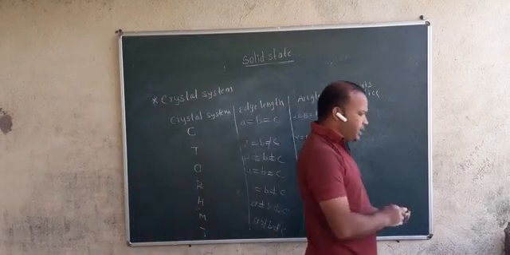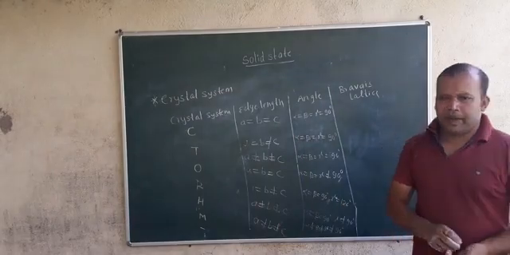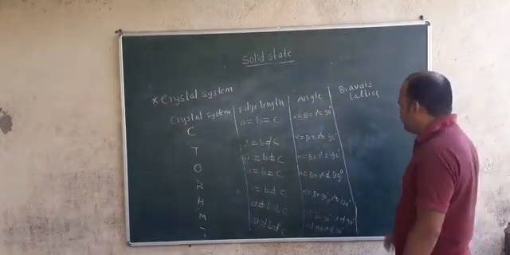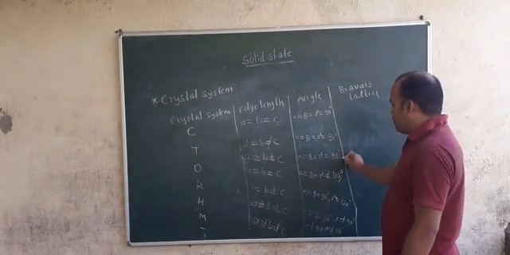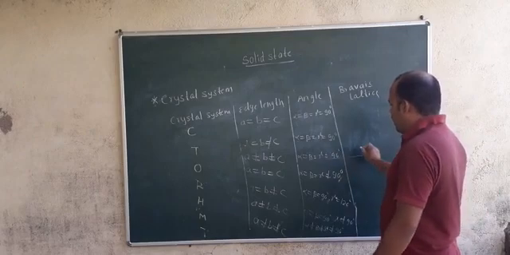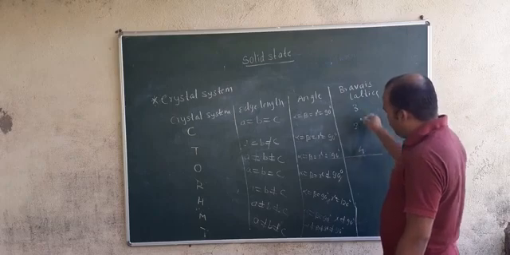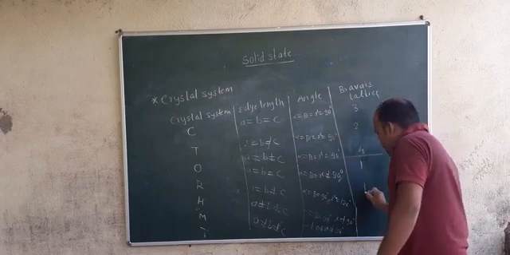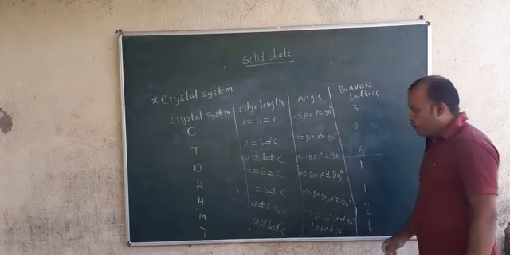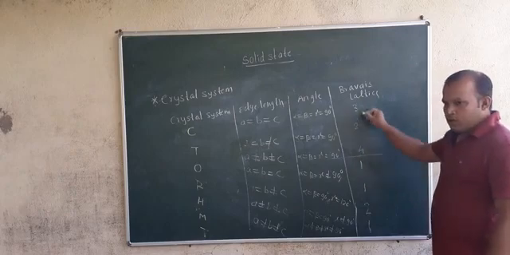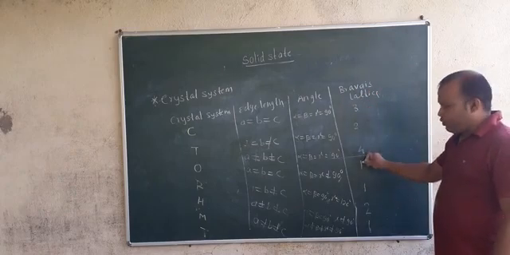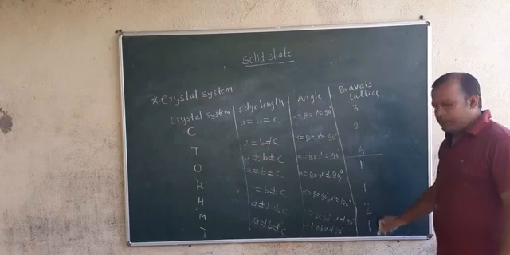Okay. Now what is this Bravais lattice? There are 14 types of Bravais lattice, and how you need to remember it is, you will start from the third one. Here you will write 4, 3, 2, 1, 1, 2, 1. This number you need to remember. 4, 3, 2, 1, 1, 2, 1.